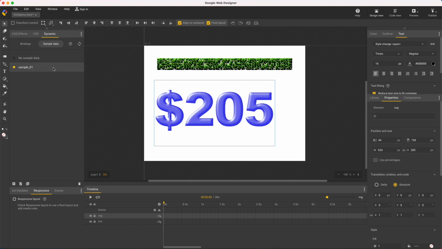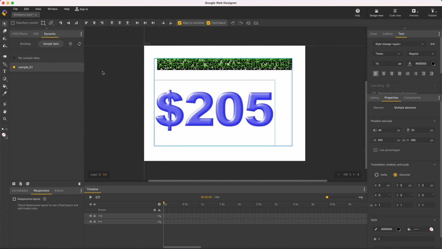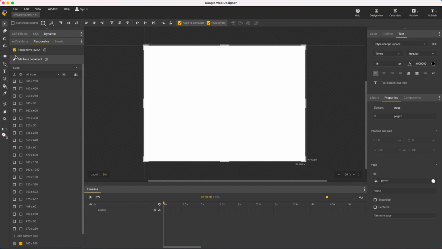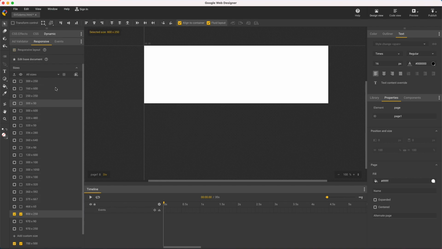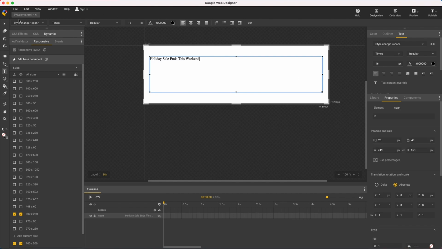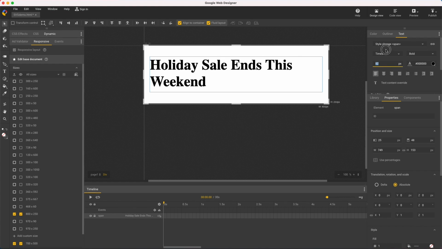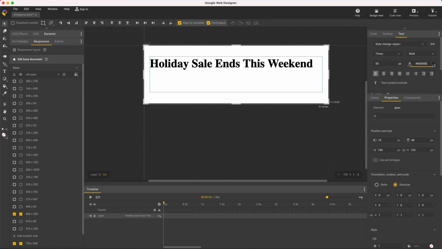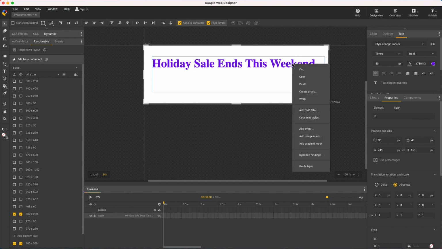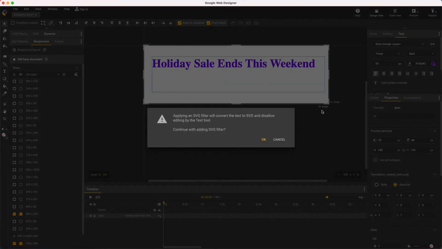One last topic is responsive text with SVG filters. I can change the text content on different ad sizes to make better use of the available space. In the responsive panel, click this checkbox to create the responsive file, and I'll scroll down to select a billboard size. Then back to Edit Base Document to create the headline with the text tool. Then I'll add a SVG filter and choose that same one.